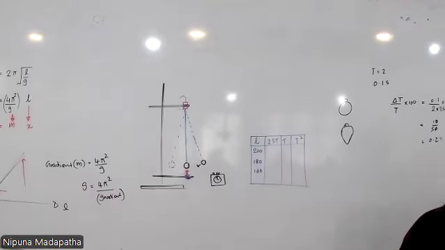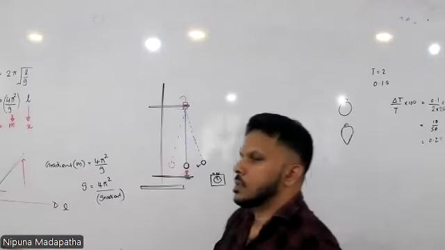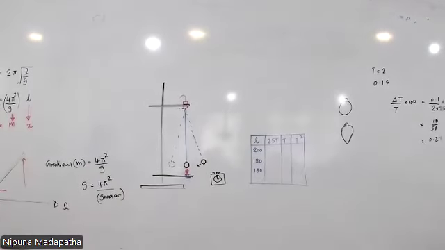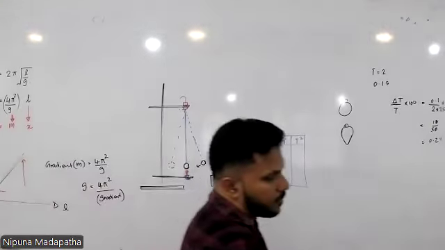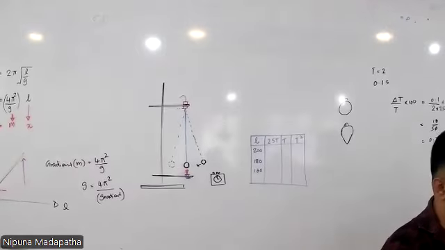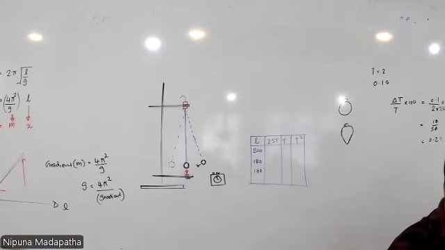Since the formula T equals 2π square root of L over g is valid only when the angle of oscillation is small,